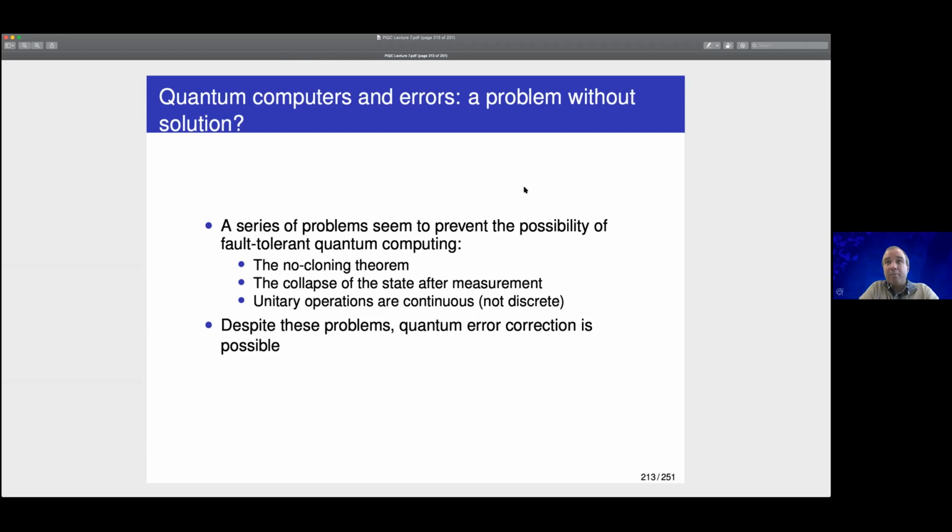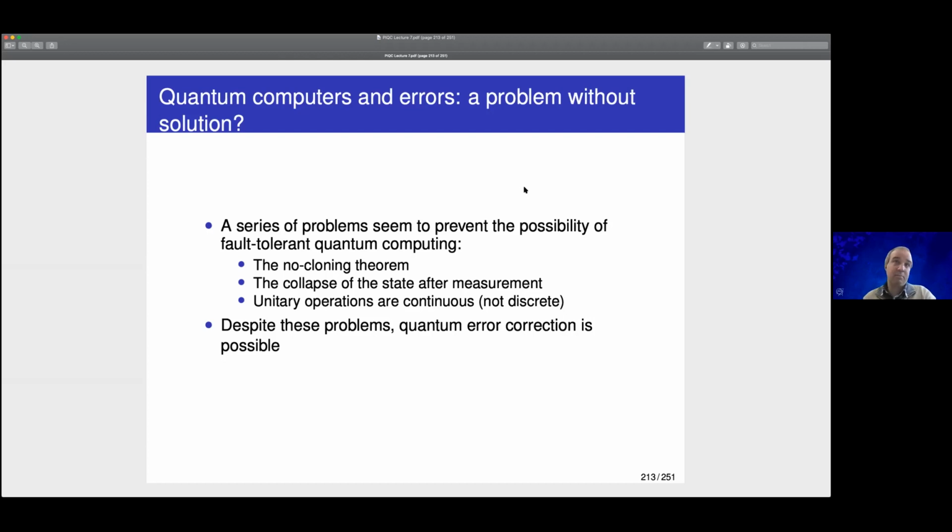and it is that compared to classical computing, here we do not have discrete operations. We do not have just zeros and ones, but we have a continuum of values. So also the operations are continuous. These rotations depend on parameters that can be real numbers. So maybe slight modifications, slight imprecisions in the implementation of these rotations can add up, and at the end, we have something that is completely different from what we expected, okay? So these seem to be rather serious problems, but